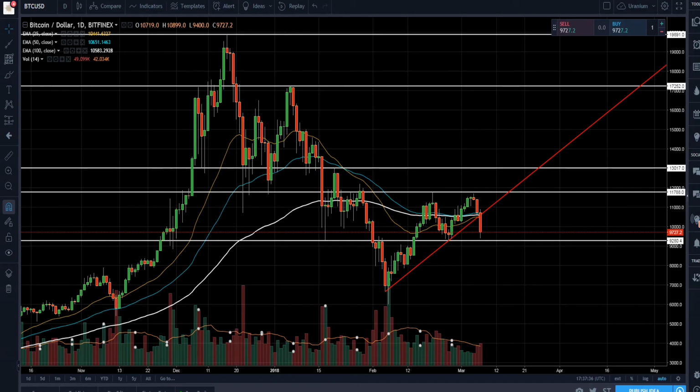Alright guys, so we're first going to start out with Bitcoin. As you can see, we have broken this trend line right here, and it's a nice big drop. We've broken the 20, the 50, and the 100 moving averages, so that's below. It was chopping around here. You see my last videos, I said the second was probably a good entry, but that we were probably going to face some heavy resistance. And I think we didn't even get to kiss that